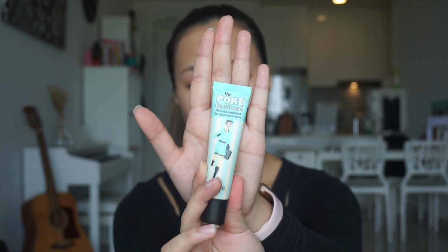I've already moisturized my skin. I'm going to apply a little bit of the Porefessional by Benefit. Just a tiny bit of it like this, because a little of this goes a really long way. I want to focus on the places that I get oily throughout the day, so it will be my nose area, my forehead, my chin, and then the remaining of the product I'm going